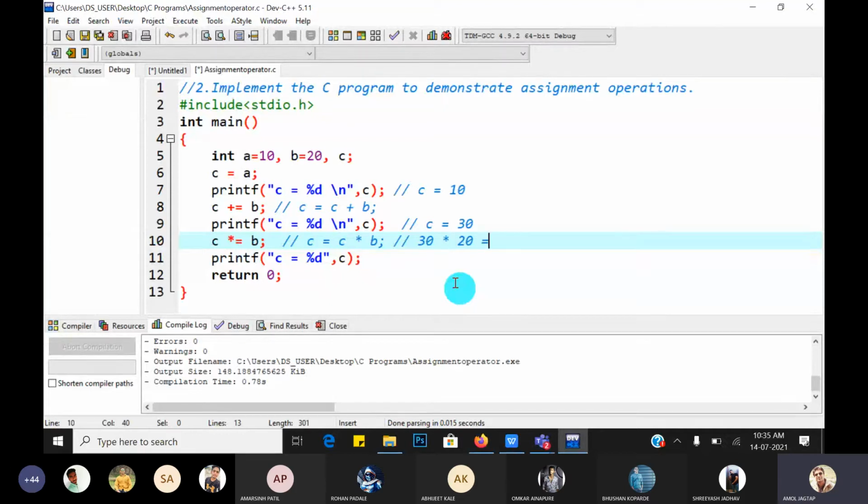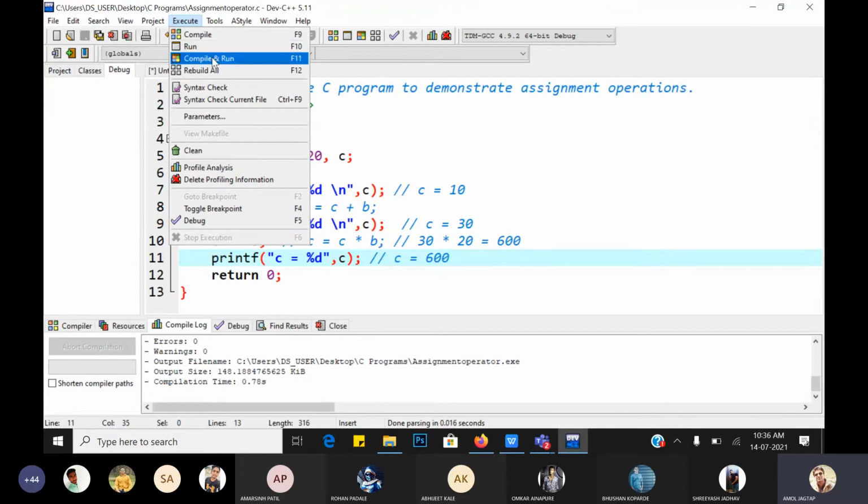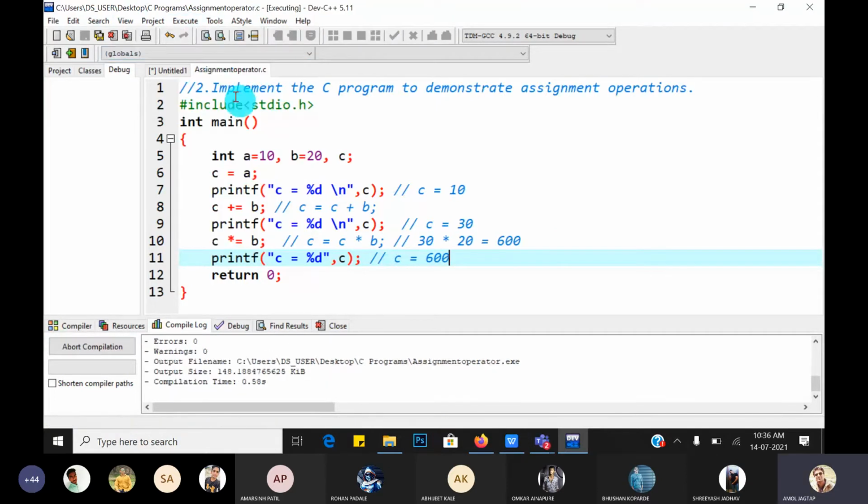So what is the output? 30 into 20 is 600. So the expected output is C = 600. Let's check whether it gives the correct output or not. Compile and run it.